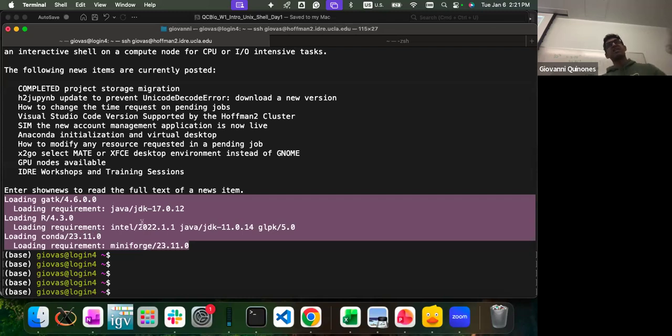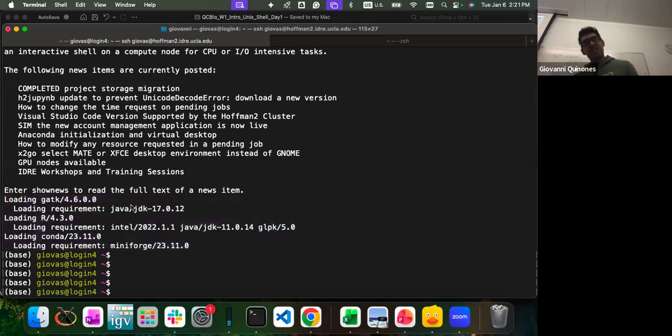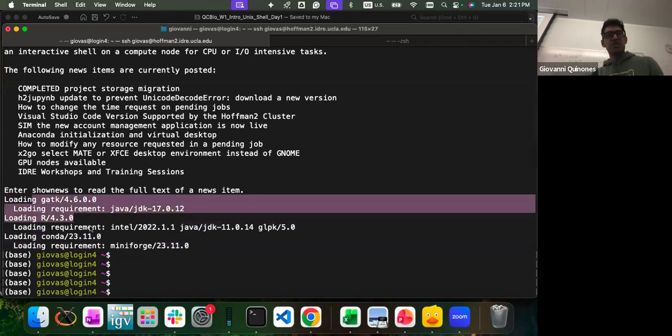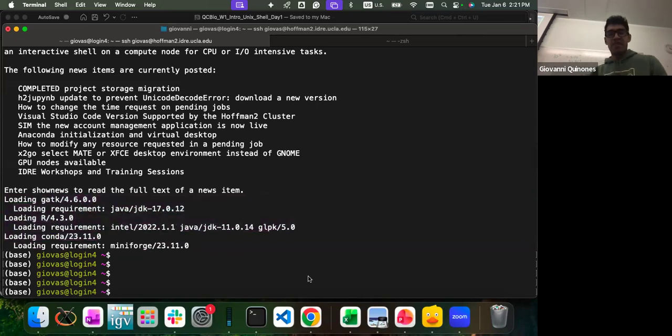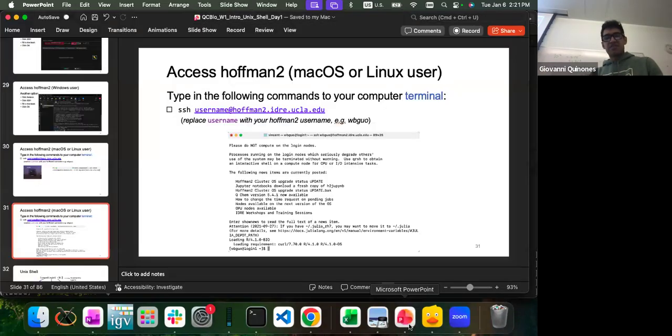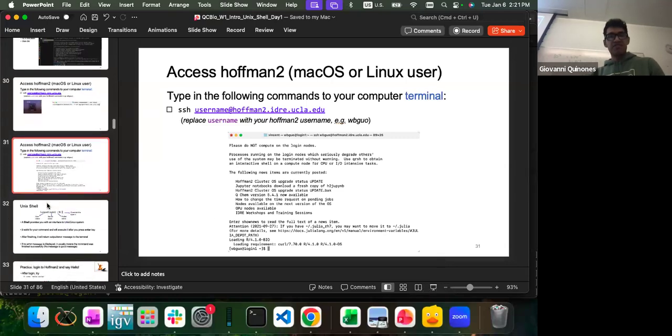Huffman has a bunch of packages that are already installed, so you don't have to install them yourself again, and you can just load them directly from Huffman. We're going to cover how to do that as well. But here, this is just a message saying that we already loaded these packages for you and they are ready to use. Okay, going back to the material.